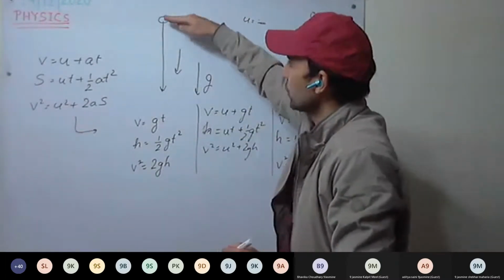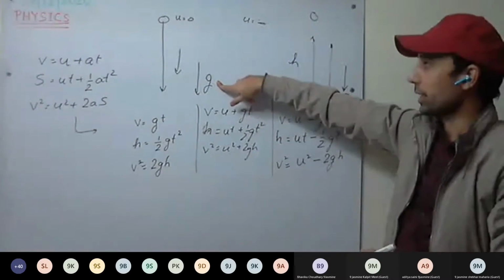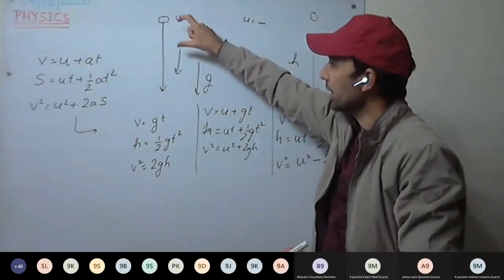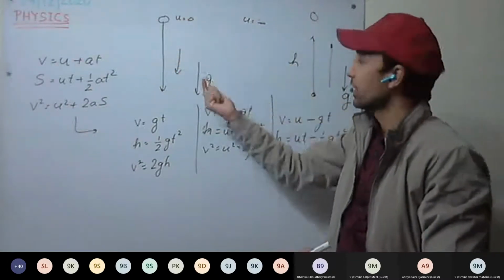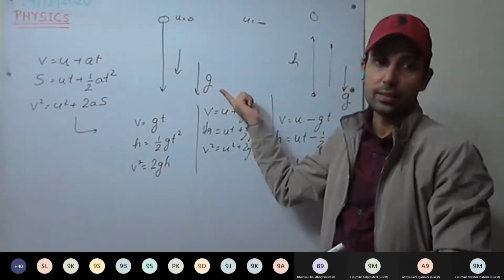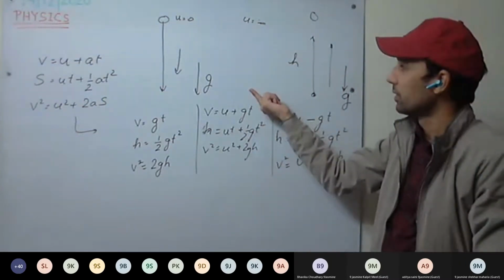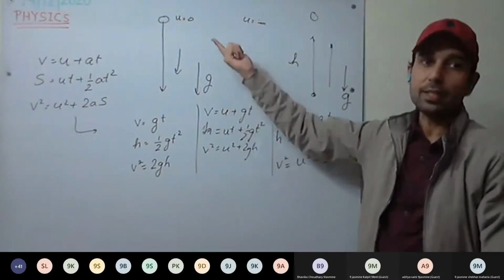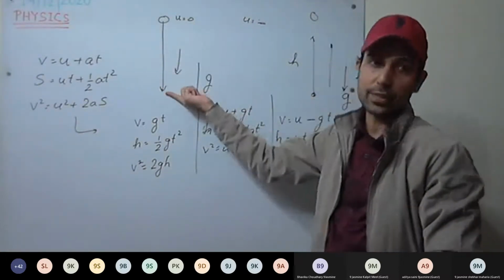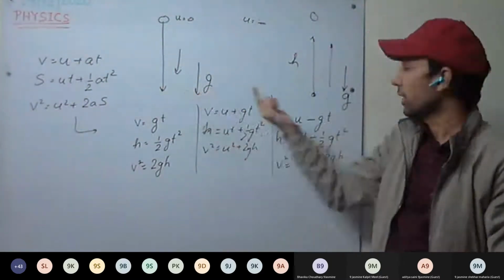Okay, so here what will be happening? For example, initial velocity is 0. So after 1 second, its velocity will be what? 9.8 meter per second. Now again after 1 second, it will be increased by 9.8. So in each second, its velocity is increasing by 9.8. That is because of acceleration due to gravity. Acceleration we discussed. What is acceleration? Change in velocity per second. Change in velocity with respect to time, that is acceleration. So how is the velocity changing? In each second, it is increasing by 9.8. So its maximum velocity will be when it just reaches the ground.